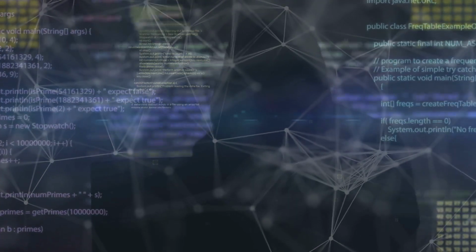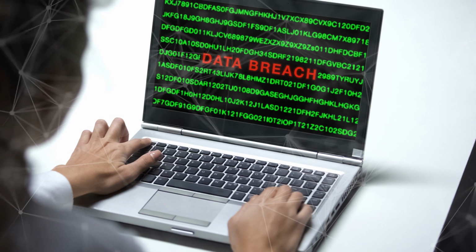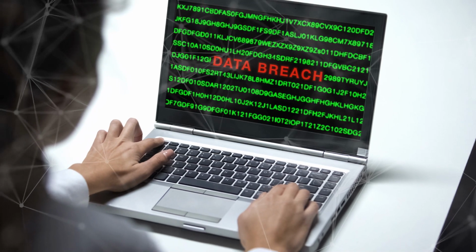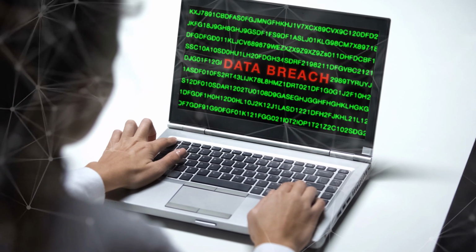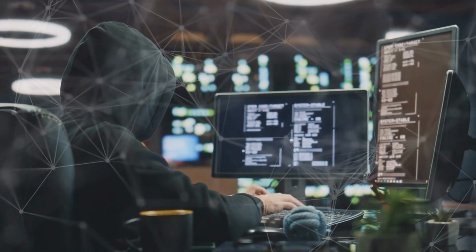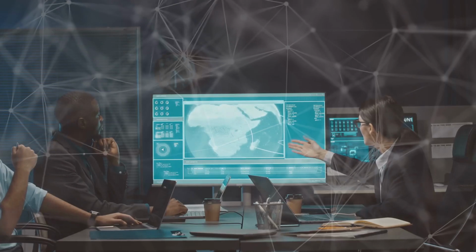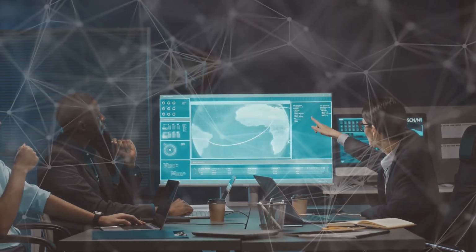Zero-day exploits, the invisible threat. They lurk in the shadows of the digital world, a constant reminder of the vulnerabilities that exist in even the most secure systems. We've journeyed through the complex landscape of these threats, from their discovery and exploitation to their real-world impact and the ongoing struggle to mitigate their damage.